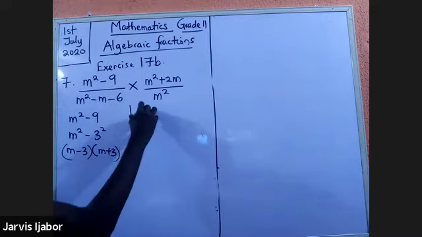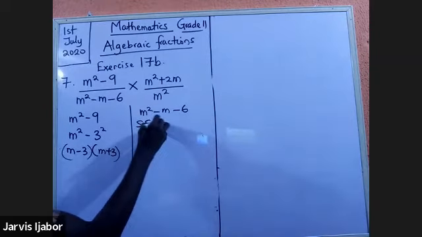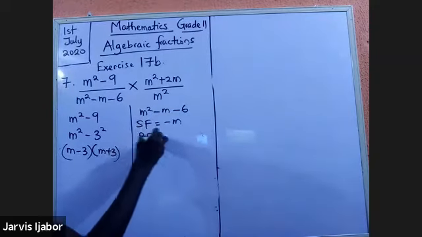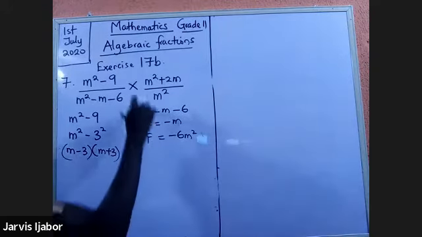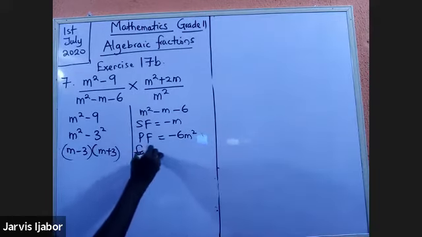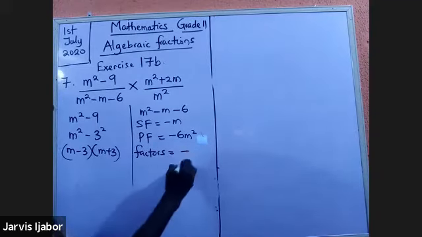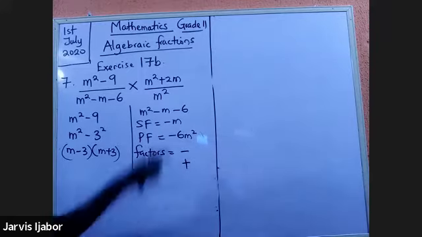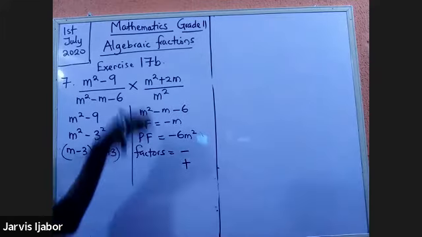So m squared minus m minus 6. So sum of factors will be minus m. Product of factors will be what? Minus 6m squared. How did I get that? The first and the last term being multiplied. Now notice that interestingly here, the product of factors is a negative. So one will be negative, one will be positive. Now, the sum helps you to check which will be bigger. And if you look at the narrative here,